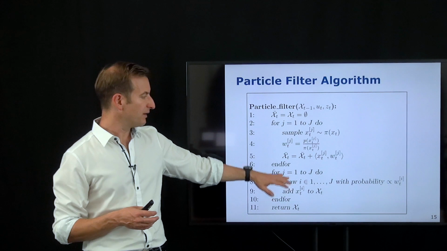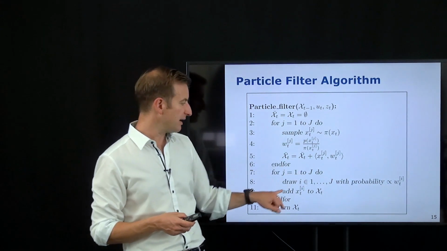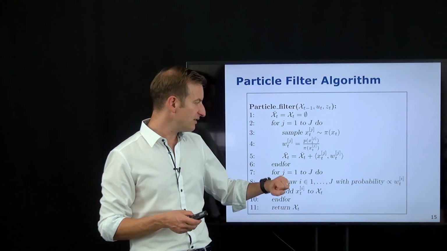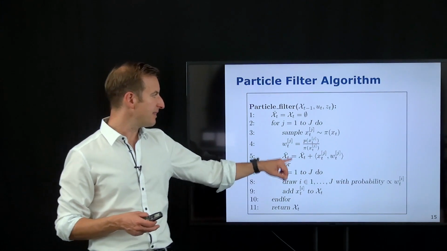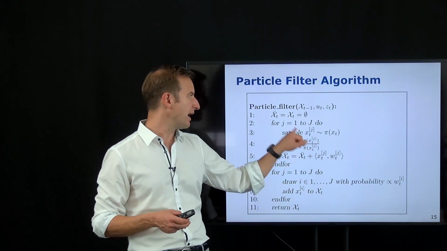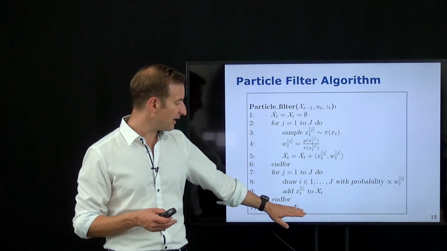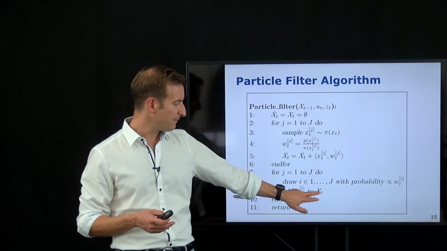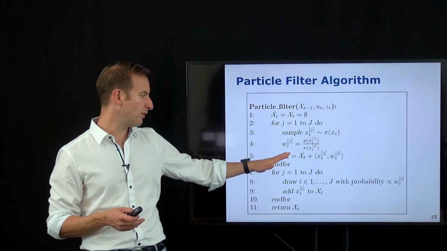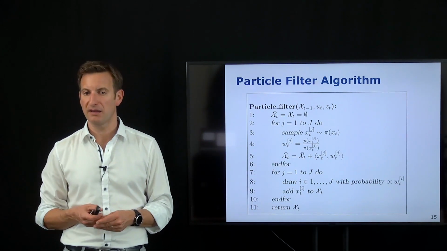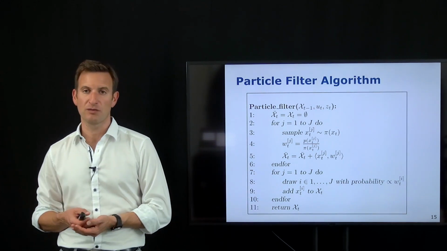And then the last part over here is my resampling step. So I'm repeating a process j times. I'm drawing j samples with a probability proportional to the weight that I've just computed, and add each drawn sample without a weight, or with uniform weight, to my new sample set. So as a result, I have at that point in time a sample set xt, which represents my belief at time t, having uniform weight and having replaced the weights by frequencies. And then I repeat this process for the next observation and next control command coming in.